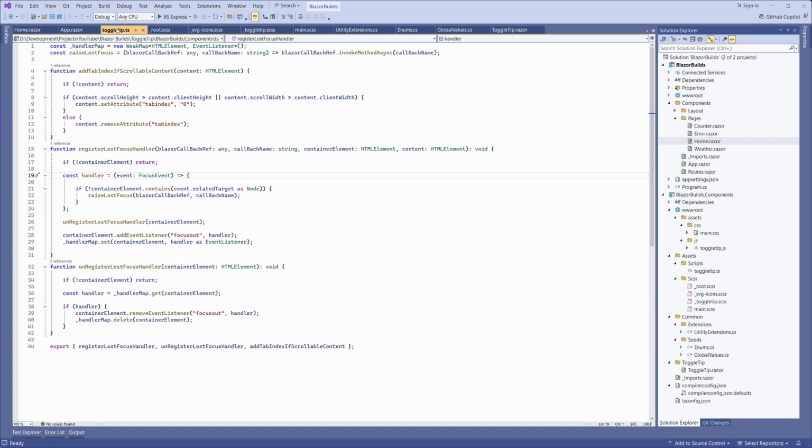This is done in case the user's browser has not implemented the keyboard focusable scroller feature, like many have now done. This function is called each time the toggle tip is opened, as we use viewport widths and heights and the screen size may have changed. Line 15 is our register lost focus handler function, where our component provides all the necessary information in order to